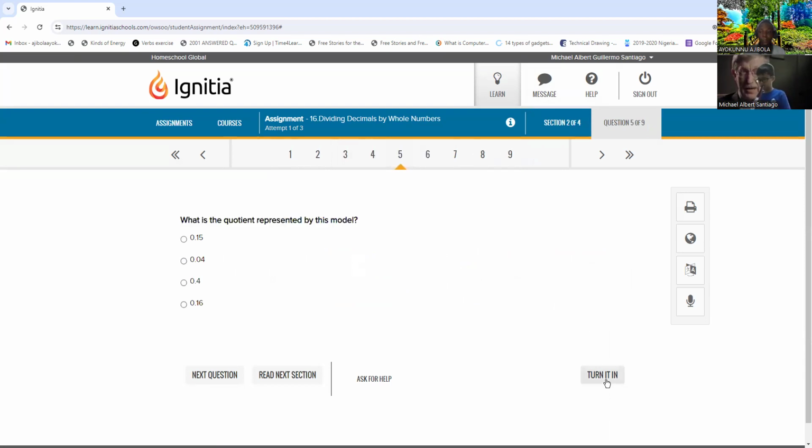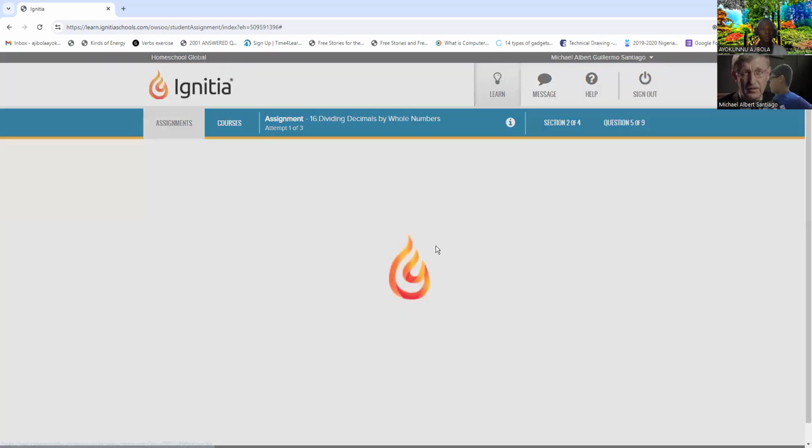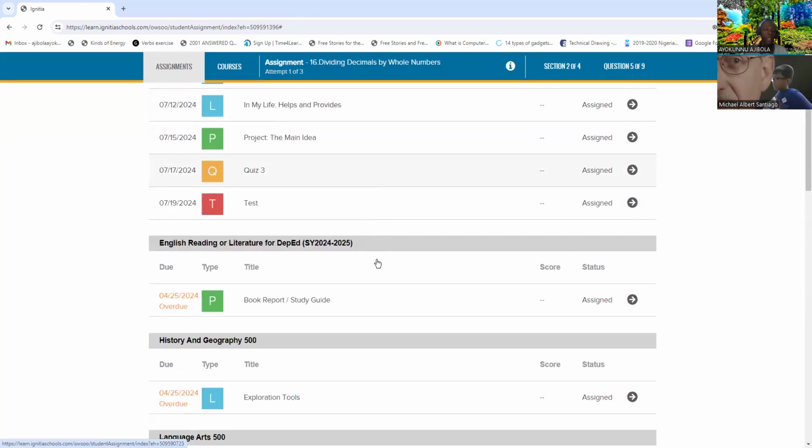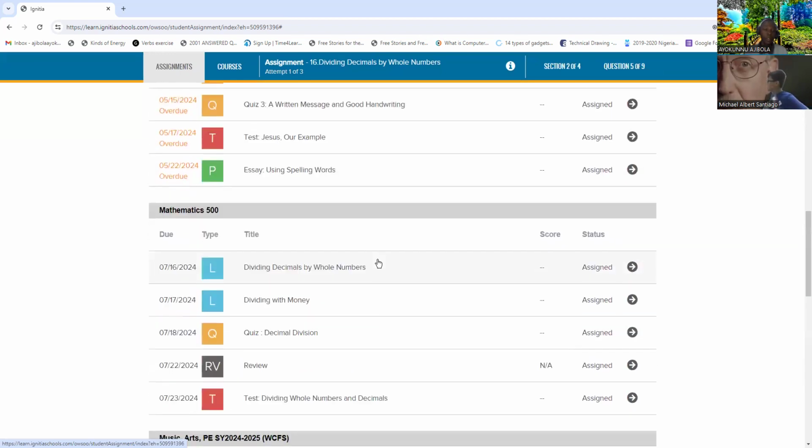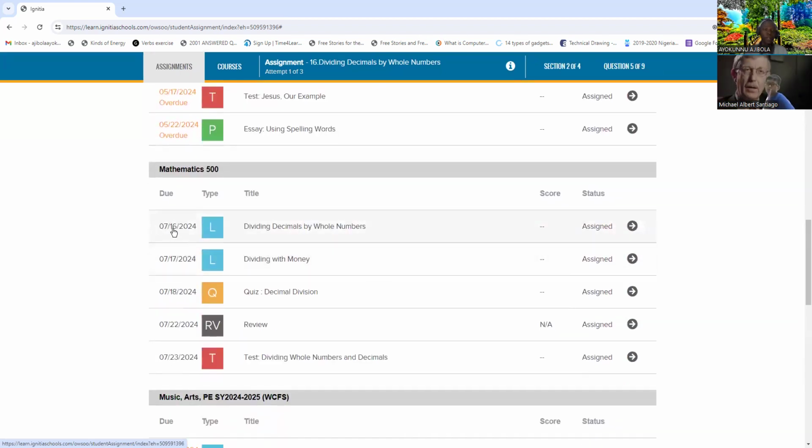Is that clear? Yes. So probably we shouldn't turn it in yet, okay? Why did I say we should not turn it in? Let's check the due date. It should be due on the 16th, and today is 11, okay? Is that clear? Yes. So if it's going to be due on the 16th, while today is 11, we can still delay it